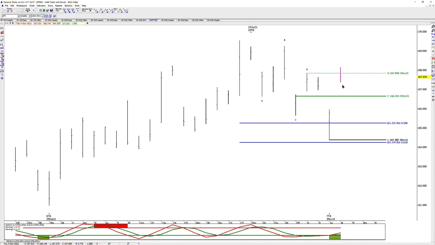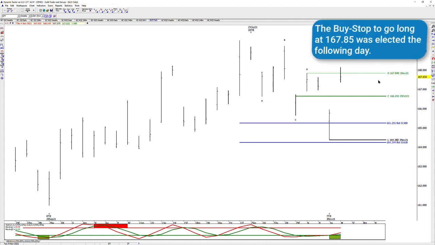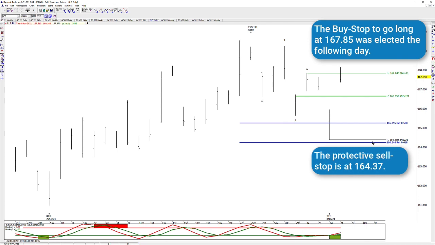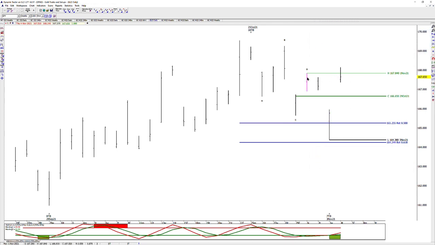Of course, we had this huge gap open, and then not long afterwards took out that swing high to go long at 167.85, and indeed the stop would be at 164.37. So because gold exceeded this swing high before the close, of course the stop close only order would be canceled. You wouldn't go long. So we should be long, we'll just say the 215 shares at